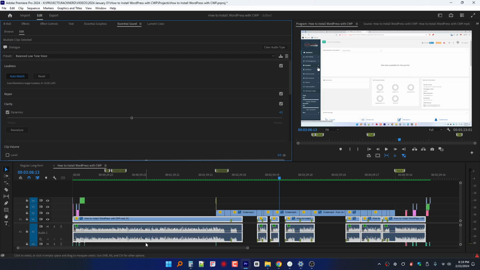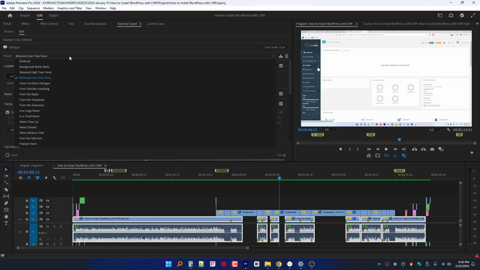So I made a preset for this particular project, which is for this client alone, Rackner. I already made a lot for them. And what I do is I just add this within the source file to add it all, even if it's already cut. So it will add all of it to the main